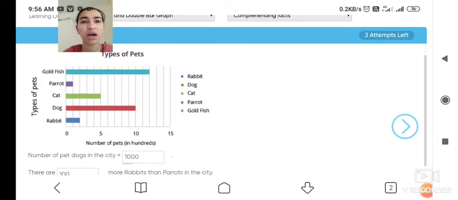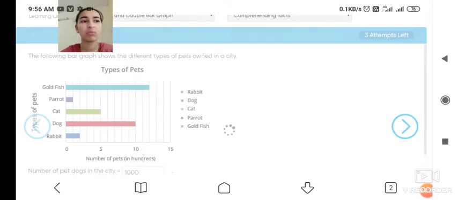Students, understand how to give the answer from a bar graph. First see the bar graph and how to read it, which I taught you just now. In previous videos we already learned this, but now I have taken the revision. So how to read it, I just taught, and according to that we have to give the answer. Now take one more example.